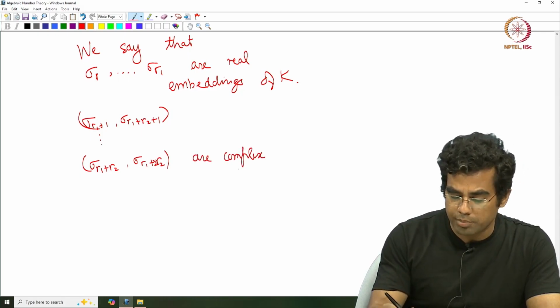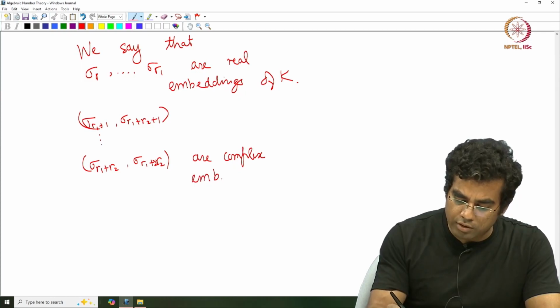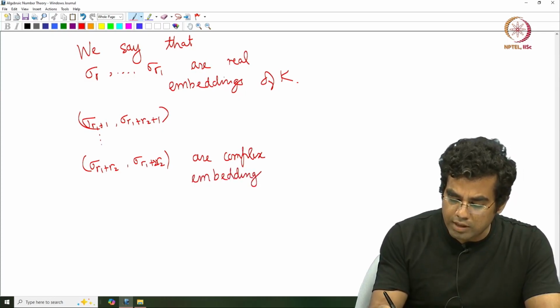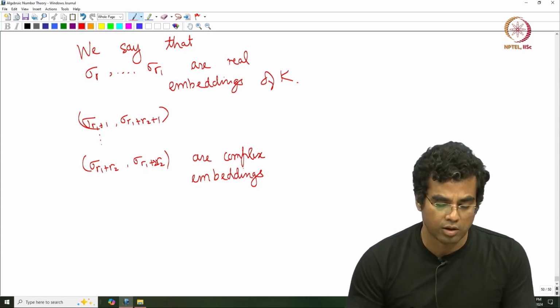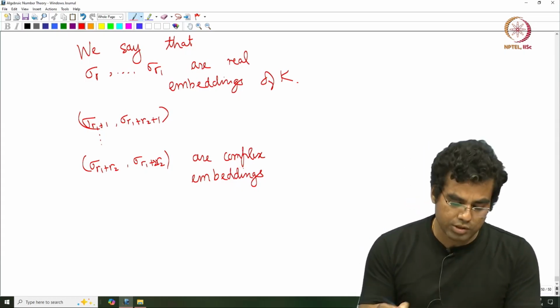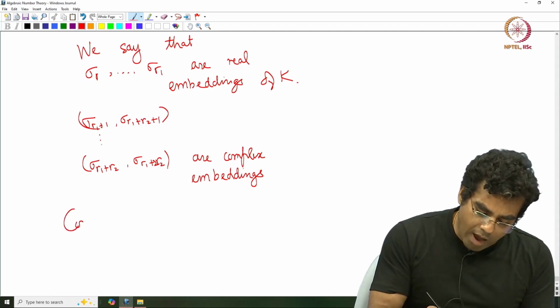Okay. So, complex embeddings, there are 2 times R2, but we somehow identify the pair sigma and its complex conjugation. So, you consider the map